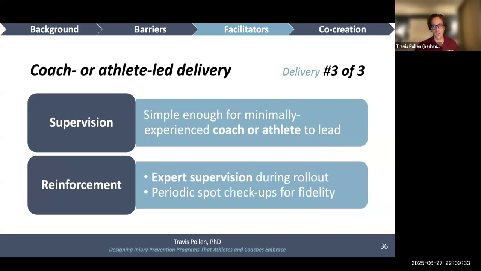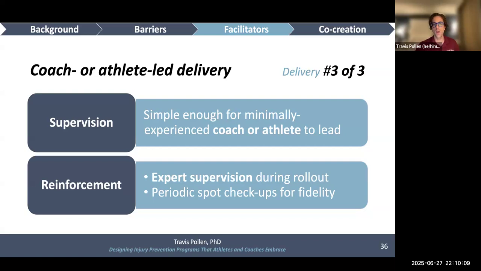And our third and final delivery facilitator is coach and athlete delivery. So we want the program to be simple enough that even a sport coach or team captain with minimal experience can lead the program. So of course, at first, that probably is going to require expert supervision on the part of a physical therapist, athletic trainer, strength and conditioning coach during the initial rollout. But over time, we can fade that back and just watch as the coach or athlete lead it. And then hopefully in time, we don't even have to be there. We can just come back